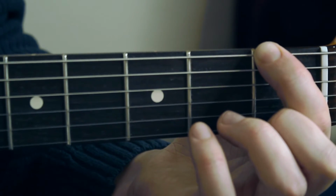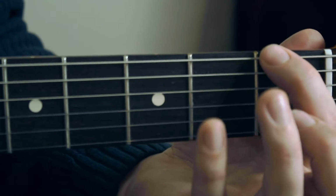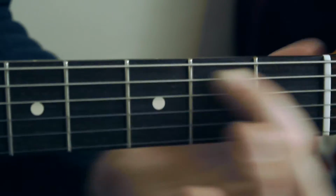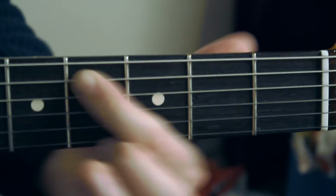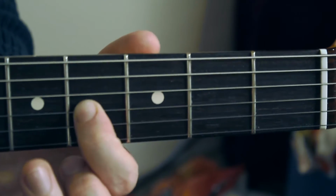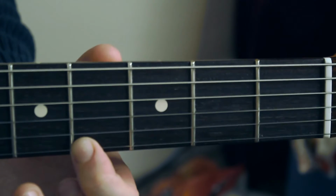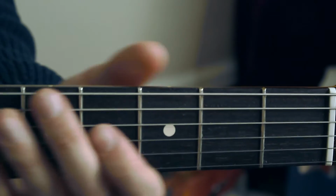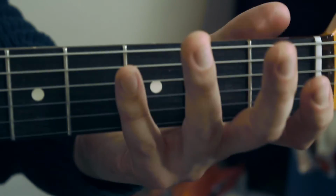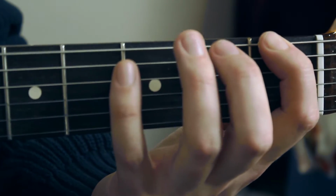Now what I want you to do to practice doing this is to go up the first 4 frets on each string. So initially you can do it just with one finger like this. Remembering that you're alternate picking the whole time, so you're going down and up with your picking hand. But what I want you to do to practice so you can get to do this is use each finger. So you go